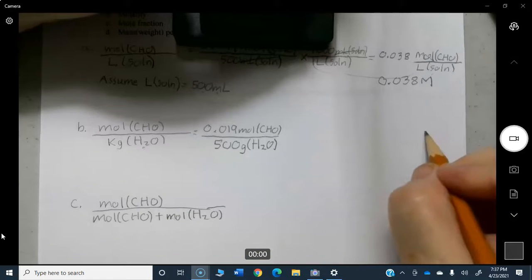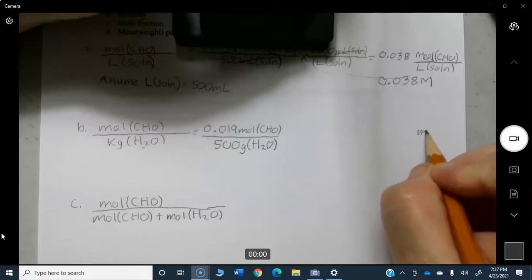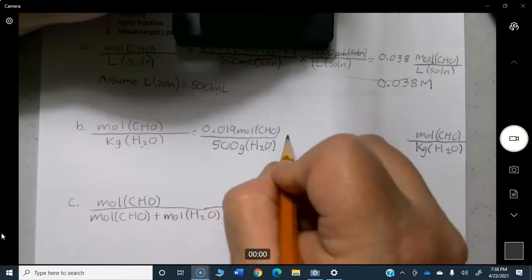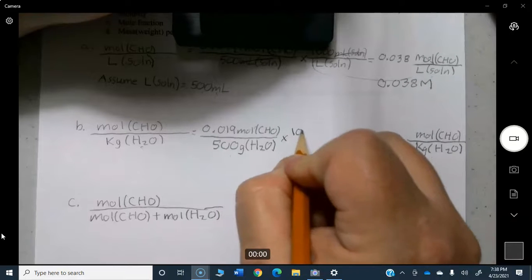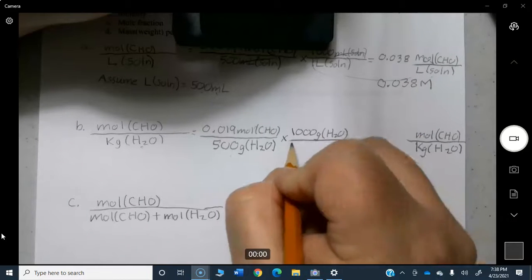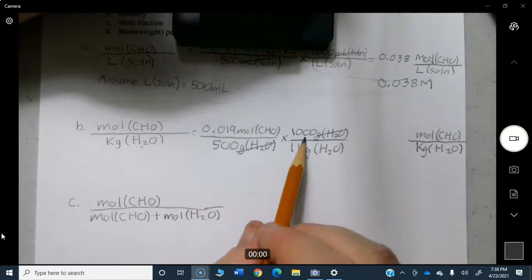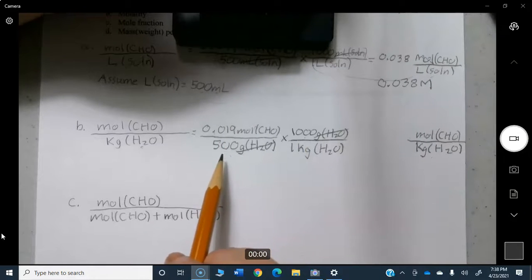So what we're shooting for in molality is moles over kilograms of water. Well, moles is already correct on top. Grams on the bottom, we need to get it to kilograms, so it's just simply a standard conversion for anything. Now we have kilograms on the bottom, so it's 0.019 times 1,000 divided by 500, and we get the same